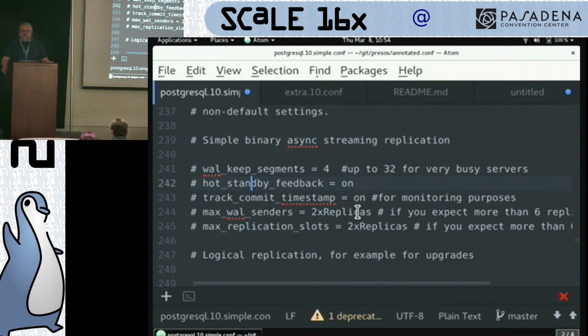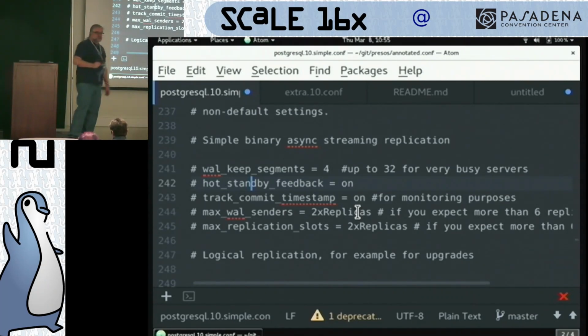One of the things that's not on by default on the standby, for reasons I disagree with, is hot_standby_feedback. Because I think you want to use it most of the time. Hot standby feedback says the replica should tell the master about its workload so that the master doesn't delete data the replica was looking at and then send that deletion over via the replication stream. Because that causes something we call query cancel, where after a certain timeout limit, whatever's connected to the replica gets a termination error message saying the data you were looking at has been removed by replication and so you have to start over. And most applications are not prepared to handle that kind of termination, and so you don't really want it to happen. And one of the ways to prevent it from happening is the replica tells the master